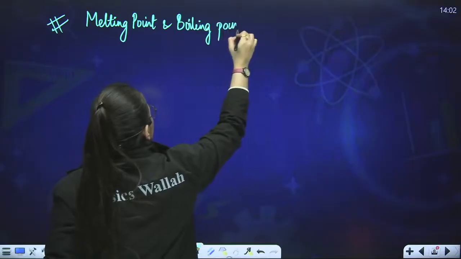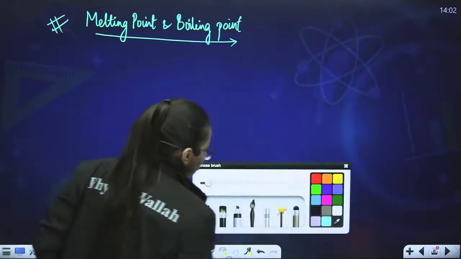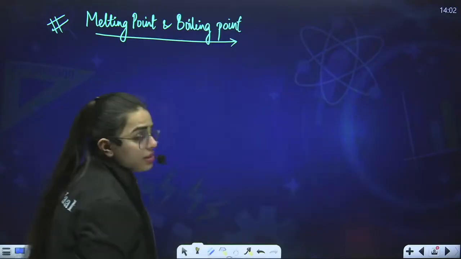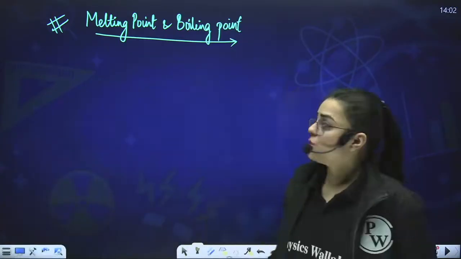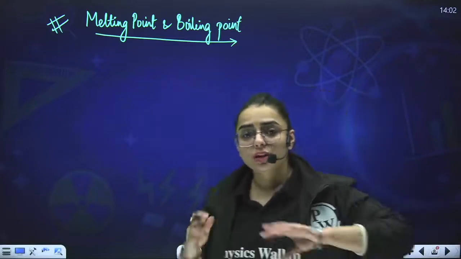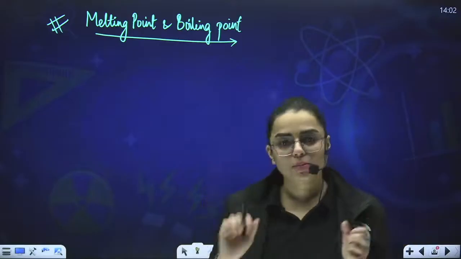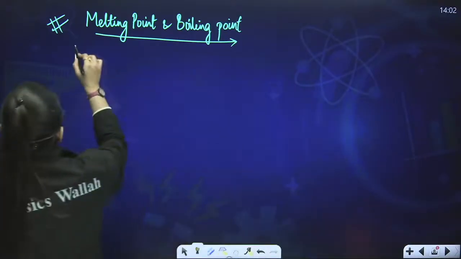See, basically students, melting point and boiling point will depend upon your electrons. Which electrons, ma'am? Valence electrons. More the number of valence electrons, more will be the bonding, and you will require more amount of heat in order to break that bond, so more will be the melting and boiling point. So what I'm writing over here, more the